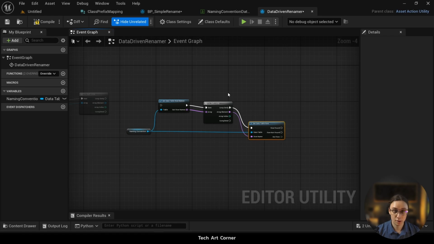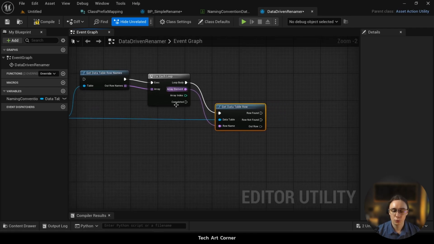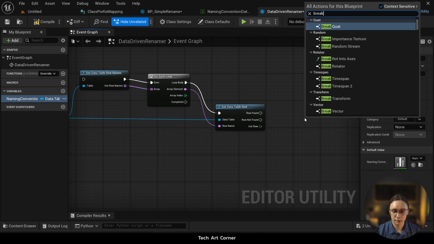But if we want to get only the class or only the prefix, we have to figure out some way of working with this output row that is here and getting it. Because this is some struct, but we have no idea what type it is. But on the other hand, as creators, we know what kind of data table we have been working with, and we know that it uses the structure defined by us. So we can make something like break struct,